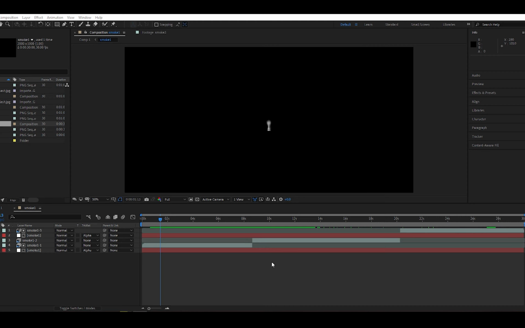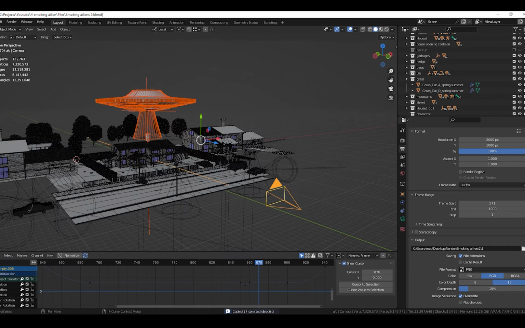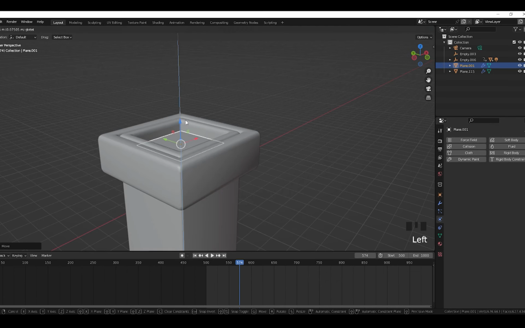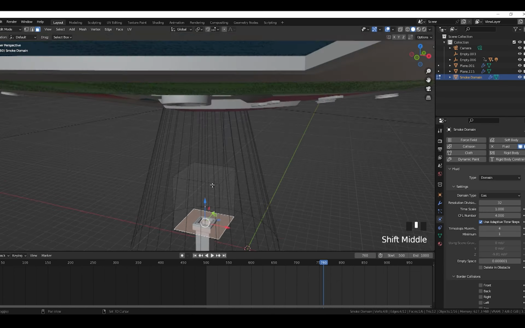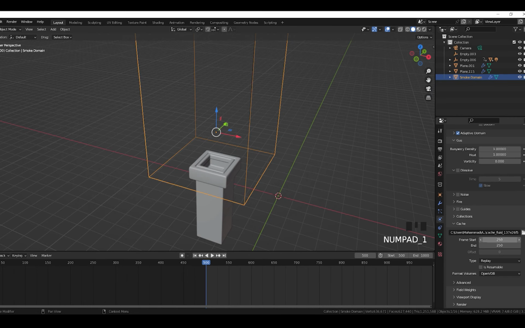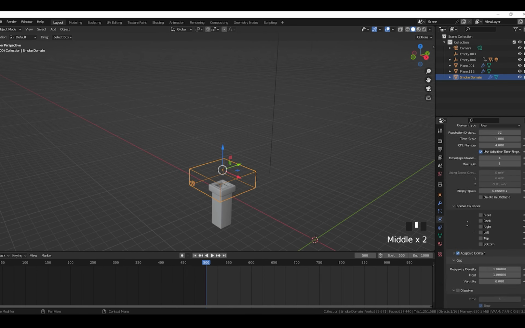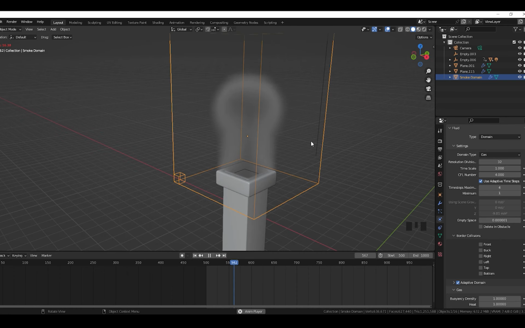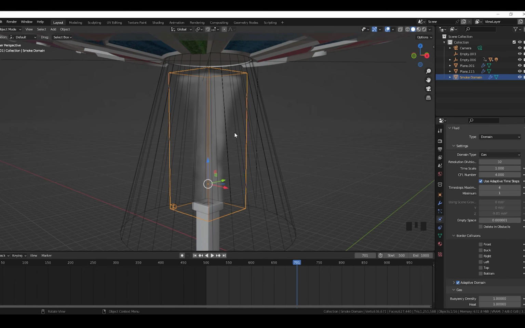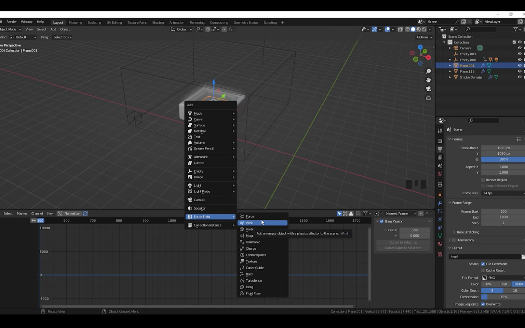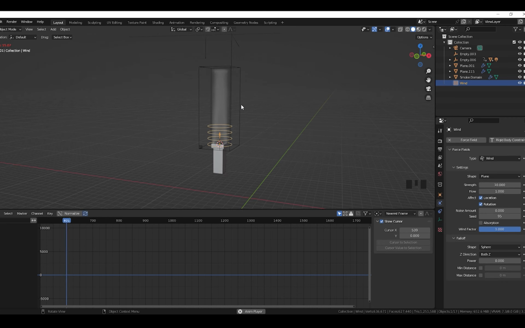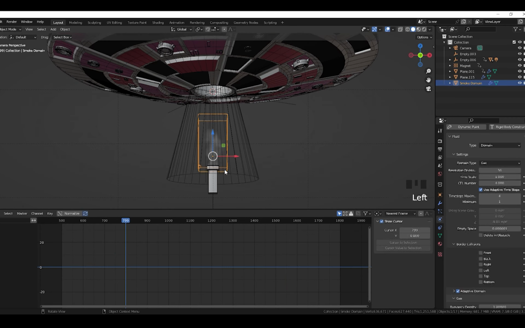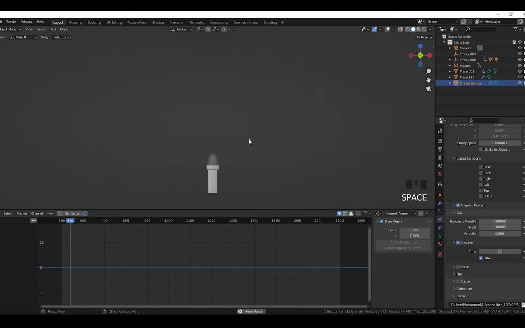Smoke simulation time. The best way to add smoke, or maybe any kind of VFX, to your shot is to do it in the composite phase. I simulated the smoke in another Blender file because the simulation makes the viewport animation playback so laggy. I copied the items that are related to the smoke and brought them to a new Blender file and started the simulation there. Nothing so fancy, just add a wind below the emitter to control the movement of smoke, and parent another one to the UFO, so when the UFO came, it made chaos in the smoke.